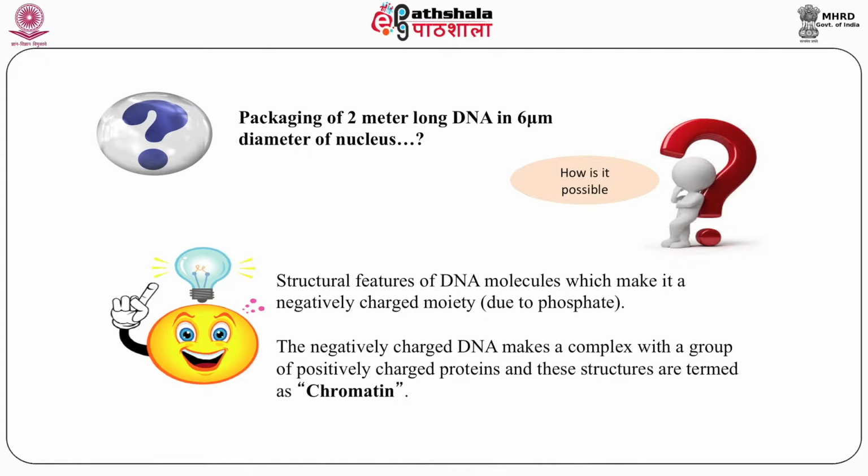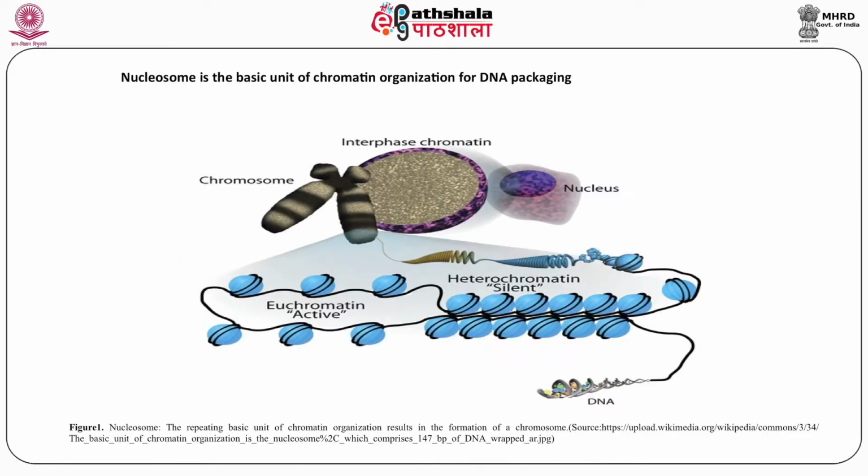The negatively charged DNA makes a complex with a group of positively charged proteins, and these structures are termed as chromatin. Figure 1 shows the chromatin structures. Highly condensed structure of chromatin ultimately forms chromosomes. Eukaryotic chromatin